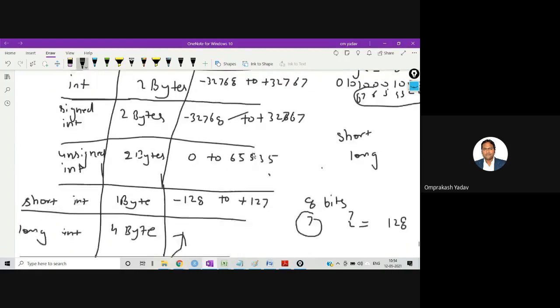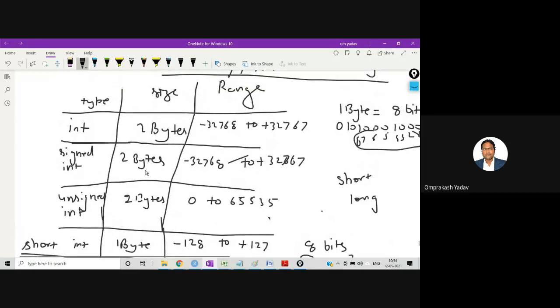So all of you just see once again. If you have any doubt, you can ask me. What I did, simply I started with the integer, right? I told you that if you simply write int, by default the compiler considers it as signed integer. And if you write unsigned int, then we are talking about only positive numbers. So whether I'm taking int or signed int, it will require 2 bytes of memory. If it requires 2 bytes of memory, how to calculate the range? Now the storage will change depending on the configuration of your machine. It will not remain the same. On 16-bit something different, 32-bit something different, 64-bit something different, but that doesn't matter. We need to understand the concept.